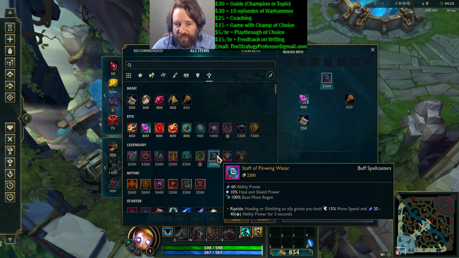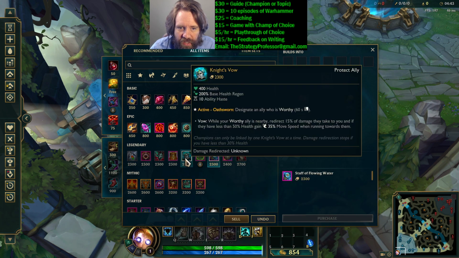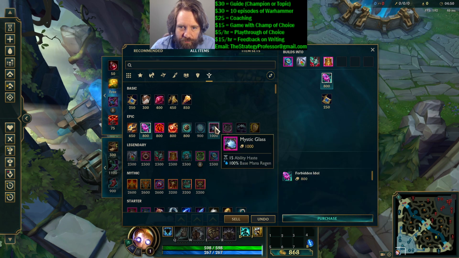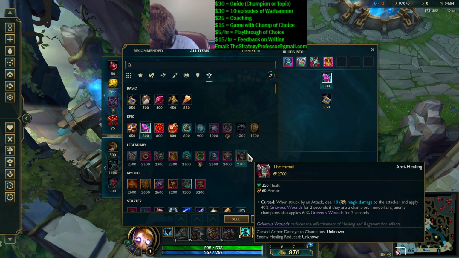They increased the cost by 200, but it's still pretty good. It doesn't have the CDR on it either, the ability haste, but it still has all the other stuff that makes it really strong. So I think it's still going to be quite a good item. But those are just a couple of the major differences that I noticed, especially that Forbidden Idol doesn't have CDR on it anymore. That's kind of a huge deal. Now I will say also, interestingly enough,